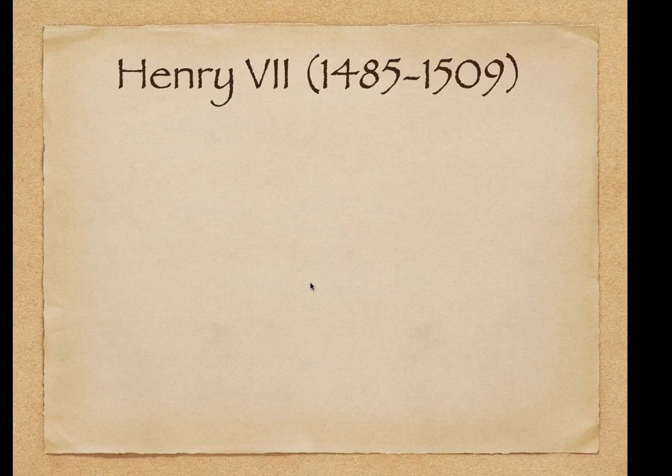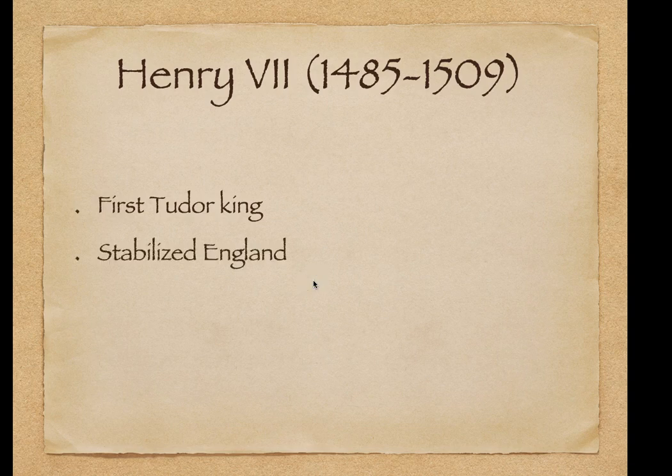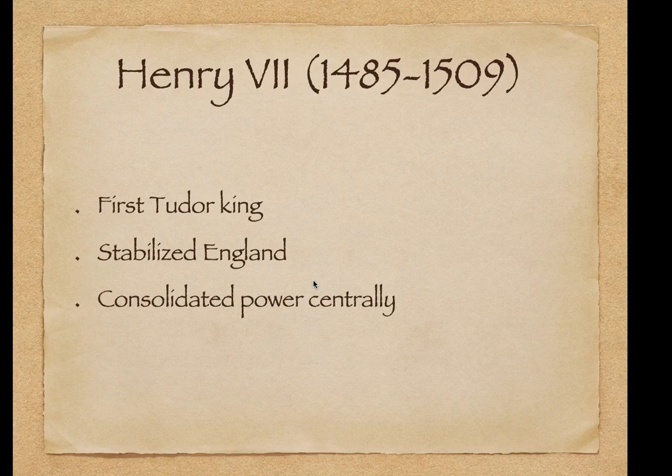As I said before, Henry VII was the first Tudor king. After the dust cleared in the War of Roses, Henry VII was able to stabilize England. He cemented his rather dubious claim to the throne by marrying Edward IV's daughter, Elizabeth of York. Some folks say that it is her, modeling for the Queen of Hearts, by the way, in the standard deck of cards, but I can't corroborate this. Henry consolidated power centrally in the court, a feat he was able to accomplish because other nobles were practically decimated from all that fighting in the War of Roses, which Henry VII spent most of it camped out in France.